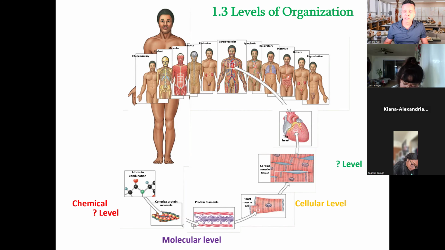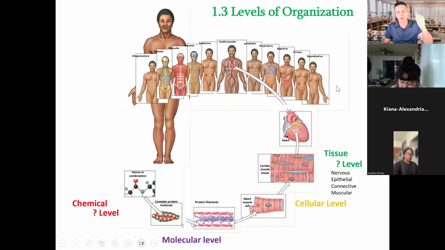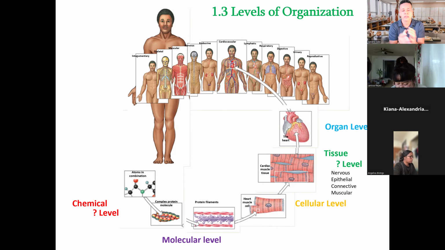Next, we have the tissue level. And there are 4 different types of tissues in the body. We have nervous, we have epithelial, connective, and muscular. And those tissues make every structure and organ in our body. And then the next level of organization is what we call the organ level. So now we're going to discuss the heart, the lungs, the brain, the kidneys, the liver, the pancreas, the